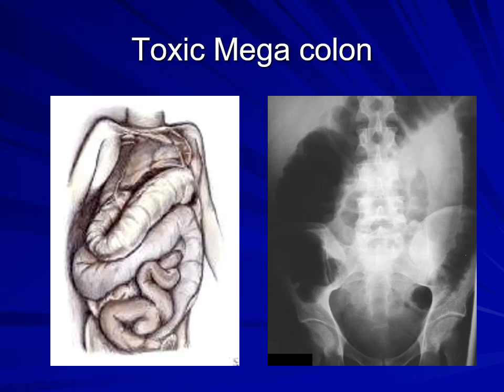The toxic megacolon: the colon can be affected also. By affecting the nerves of the colon, the autonomic nervous system, the colon will become dilated, lazy and not contracting, and you see over the right hand side all of this dark air in the colon. It depicts the whole colon from the right lower quadrant, up the ascending colon, then we have the transverse colon to the splenic flexure, which does not show very well here, and then it goes down the descending colon into the sigmoid area. But we don't see air in the rectum in this particular x-ray.